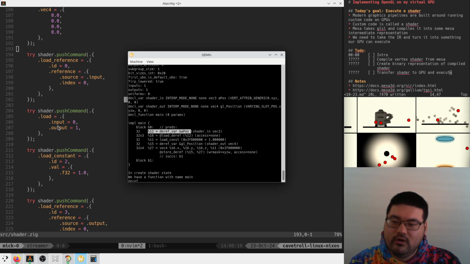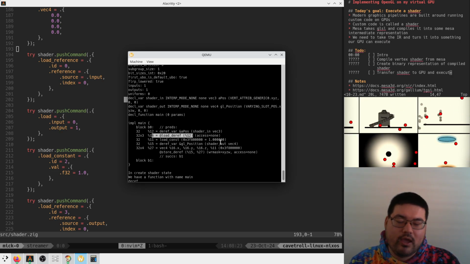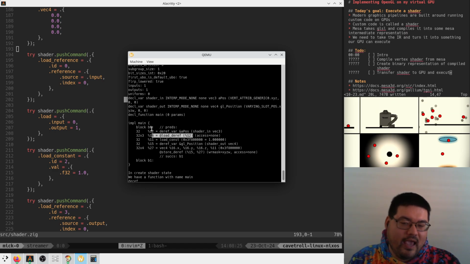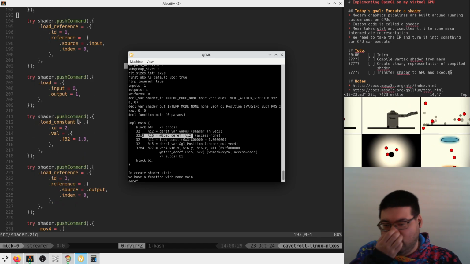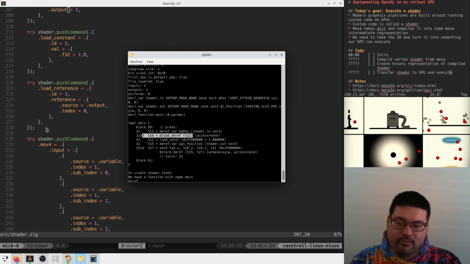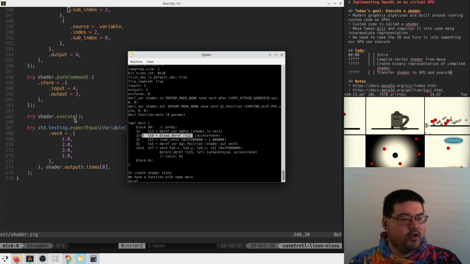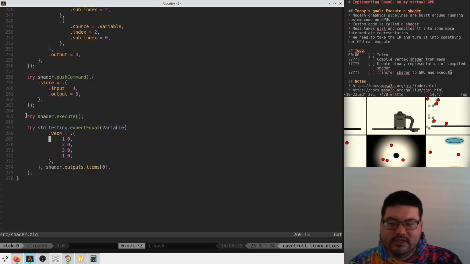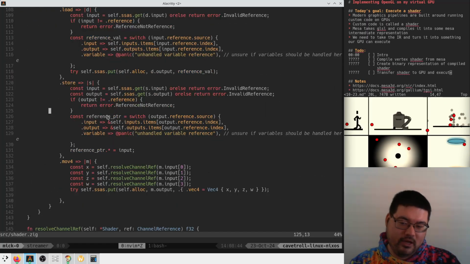Then we load a command. This load represents this. So we say, okay, we have a register that has the address. Let's dereference that thing and store it in a vec3. So that's what this thing does. We say, could we load a constant? Boom. And then could we reference the output? Could we execute the move? Store the output. Great. If we execute this shader, which basically just rips through command by command and